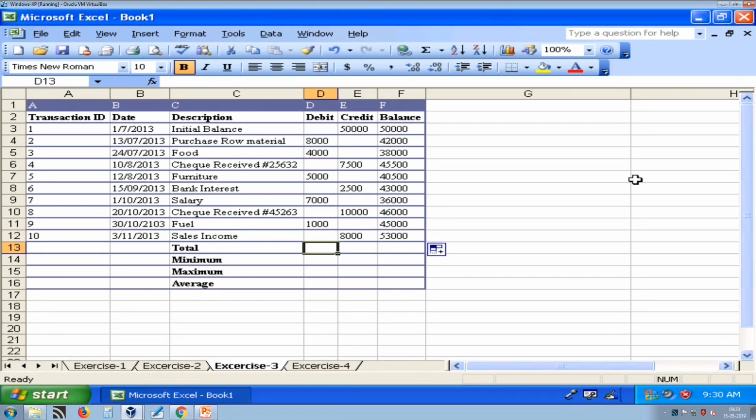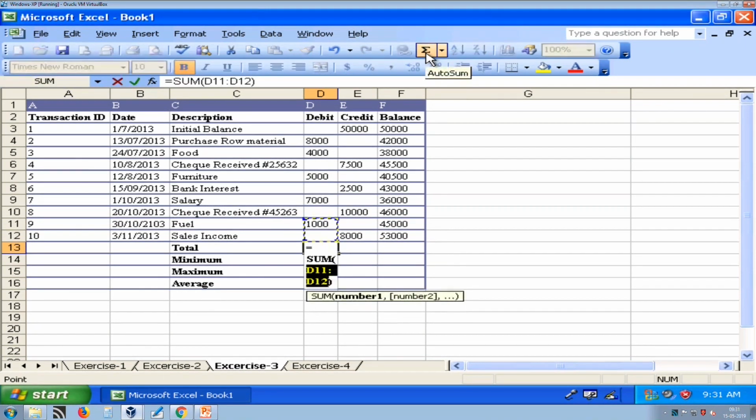Next, we try to find out the total debit and total credit for the given range. So, here just press the auto sum button and let us see what will happen. Here it has only considered this much range. So, you have to change the range to cover all debits. Our range is from top to bottom. So, select this range and press enter.